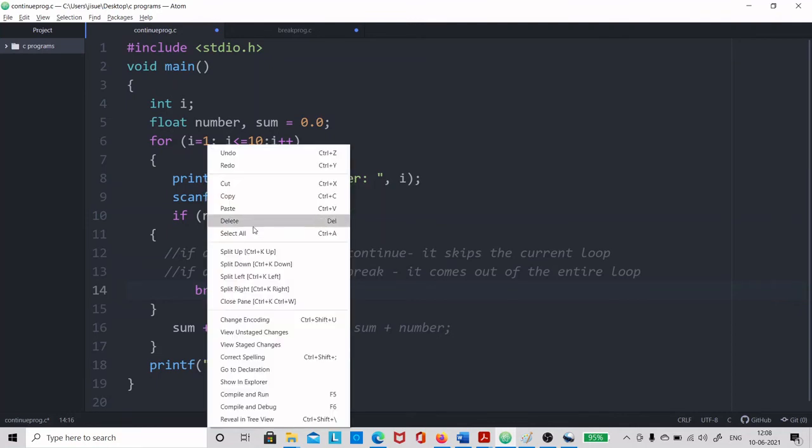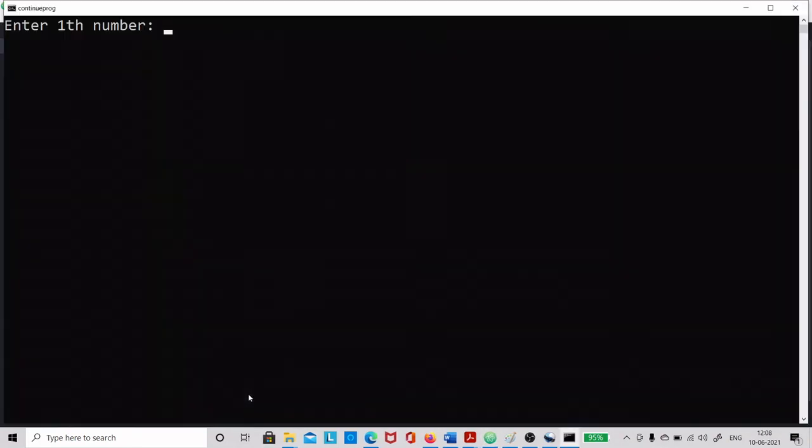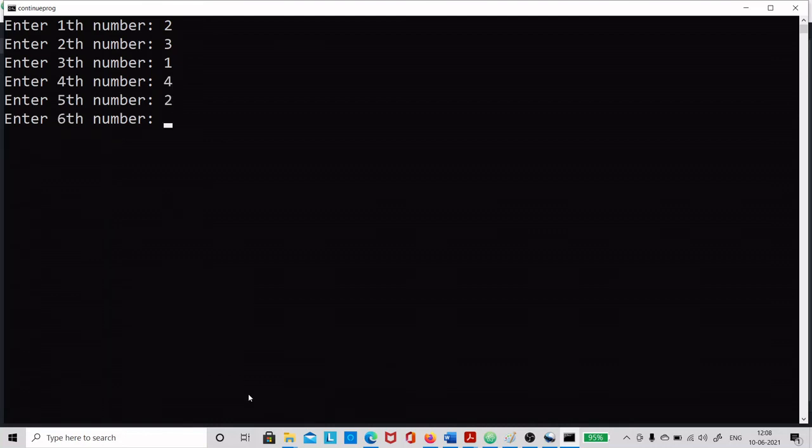So now we have given break. Let's check. 10 times we have the provision to add numbers, say 2, 3, 1, 4, 2. Now if I give minus 4, you can see once you get a negative number, the rest of the iterations are skipped, 7, 8, 9, 10. Those 4 loops are excluded and it is coming out.